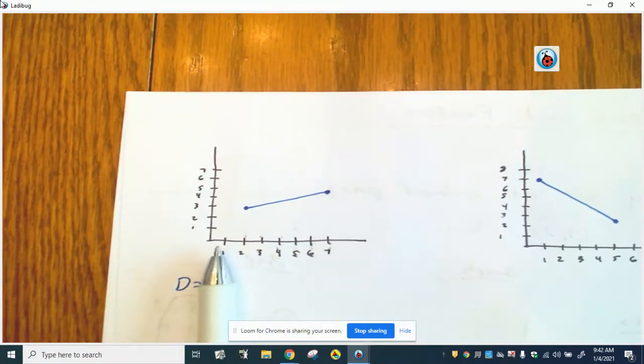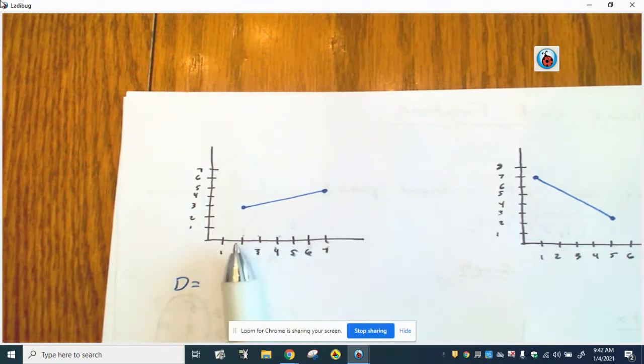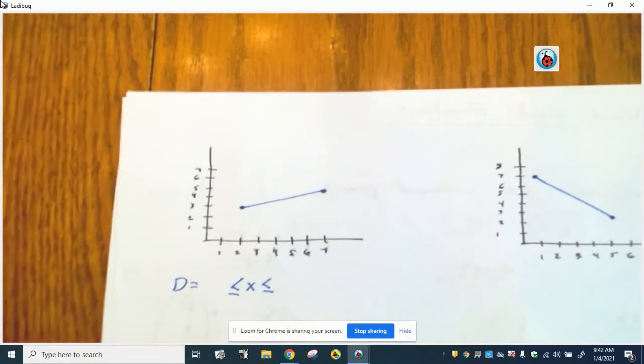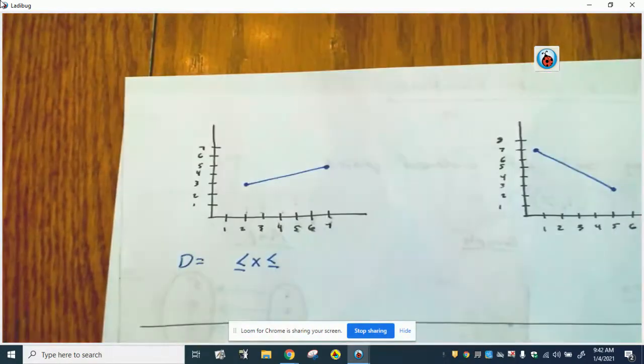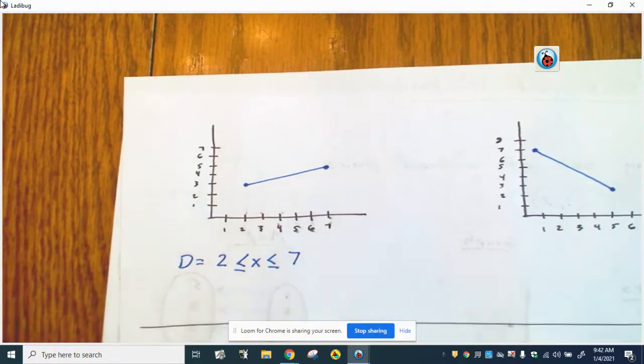Well, there's no points over here, right? It starts at 2 and it ends at 7. We're only looking at the x values, okay? So basically it's all x where it's between, and we can use this notation, where it's between 2 and 7,